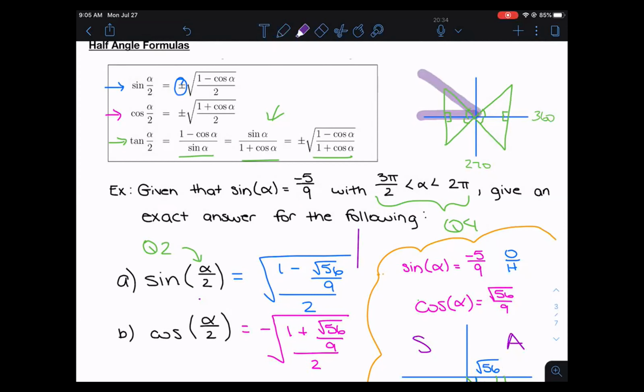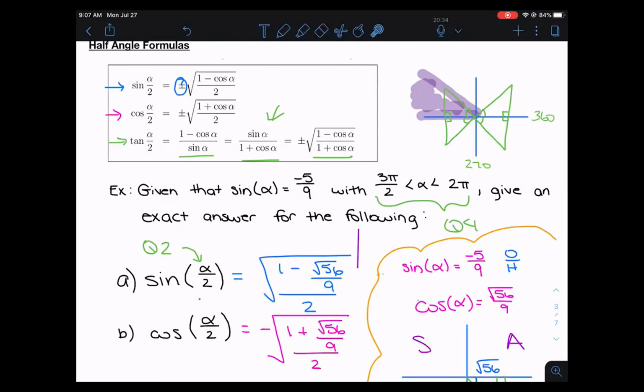So it's going to end up somewhere around here. That means that any angle that is between 270 and 360, if you divide that in half, is going to end up somewhere in this region here. That region is in quadrant 2. So any half angle that is between 270 and 360 will end up in this 2nd quadrant. So you know that this alpha over 2 is in quadrant 2. Now that we have identified that,